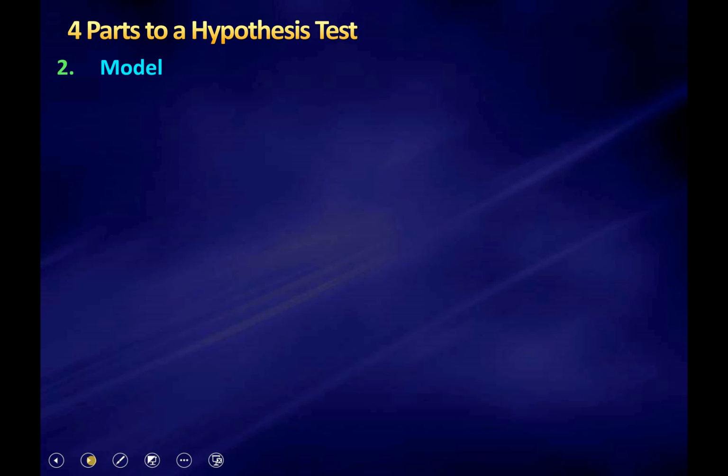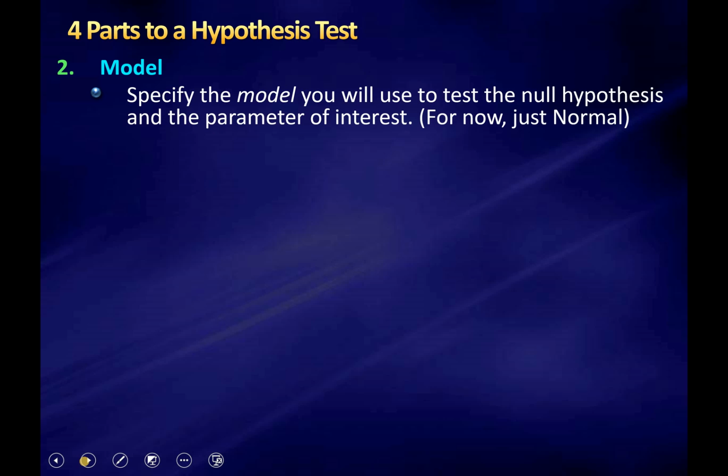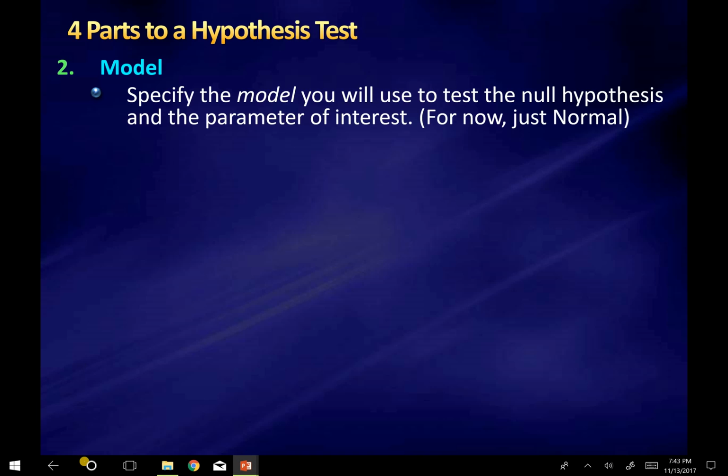So the model itself consists of many things. First off, you have to actually specify what model you're going to use. But basically it's saying what type of distribution are you going to use? Remember, shape, center, and spread. Right now, we're going to be using the normal model. There are other models that we will get to, including the t-distribution and the chi-squared distribution. But right now, we're just talking about normal distributions, which have a mean and a standard deviation as the parameters